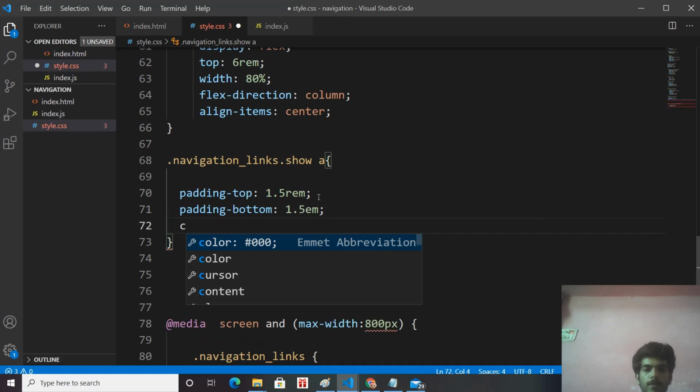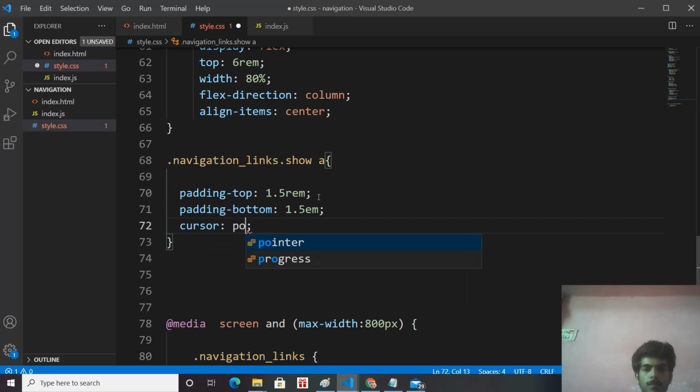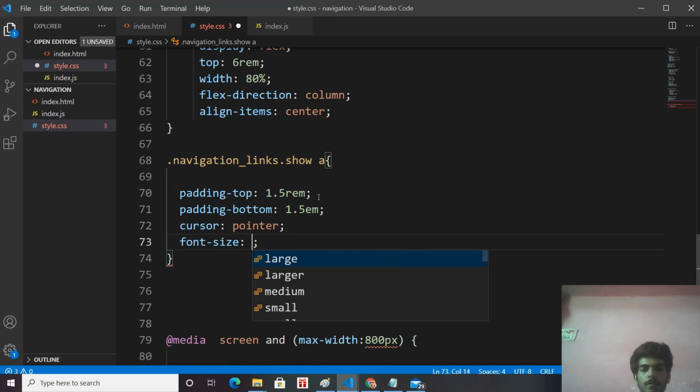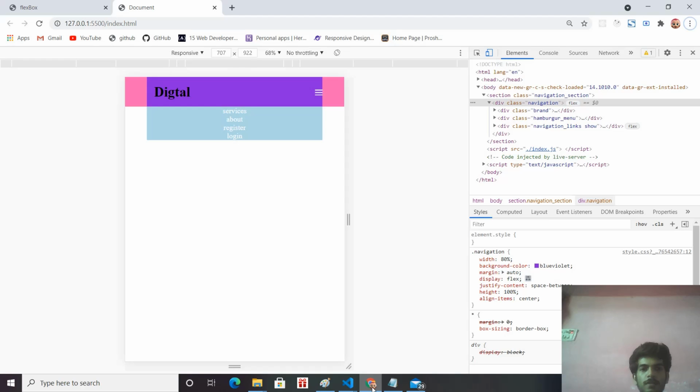Give cursor pointer and font size 1.2 rem. Then I save this. See, now it has some space in between, the padding which we have given. So now it looks better.